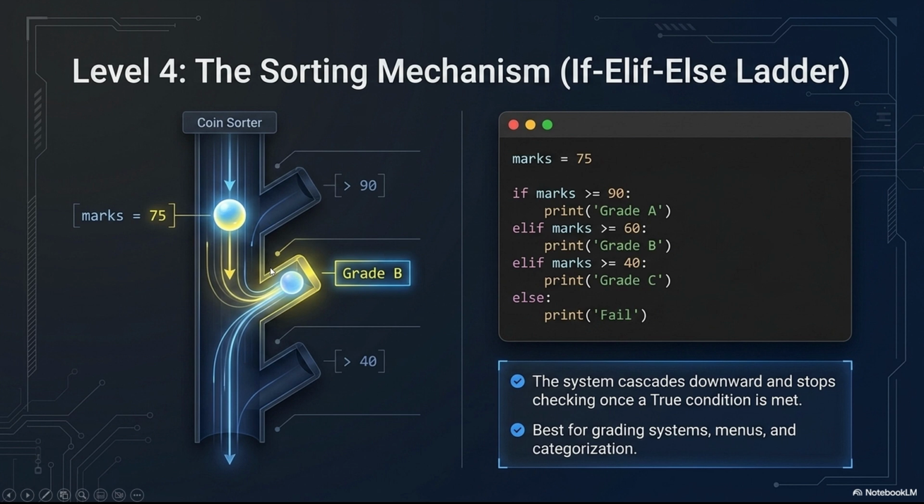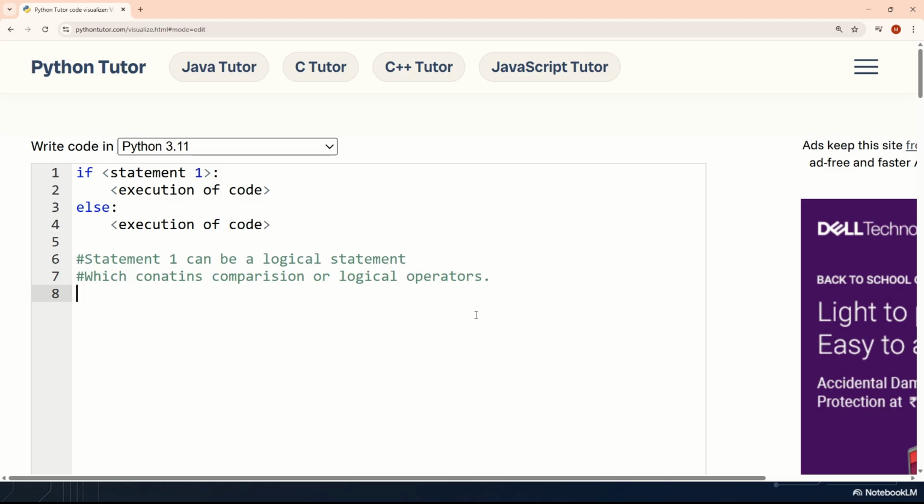Like a coin sorter. If this is a 75 mark coin, and it goes here, that's why it prints grade B. So this system cascades downward and stops checking once a true condition is met. It is best for grading systems, menus and categorization. Like for example, now see,